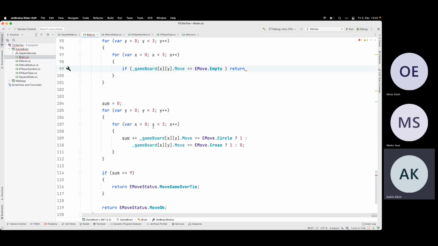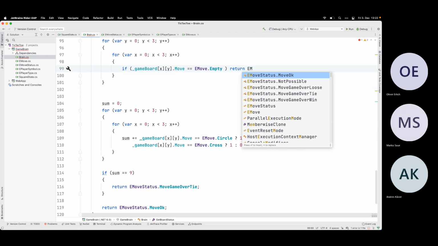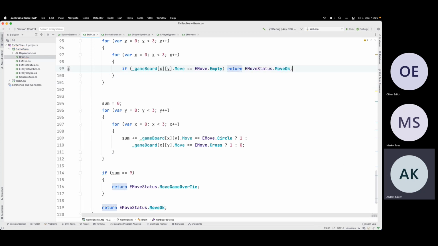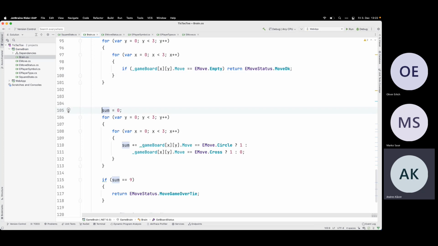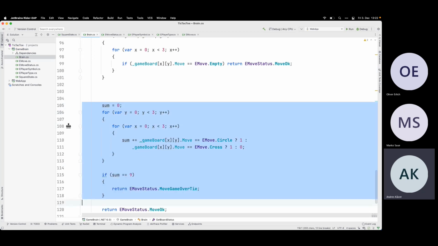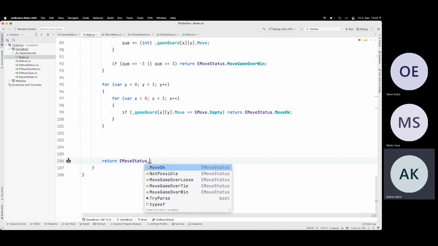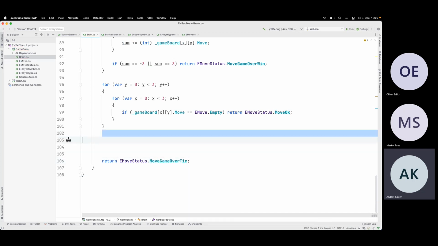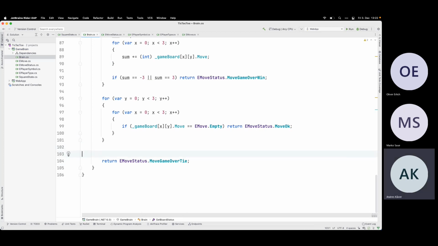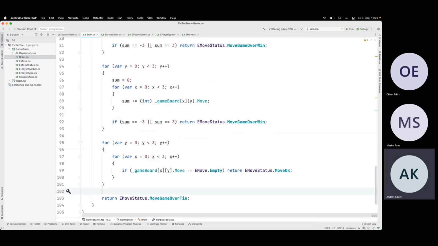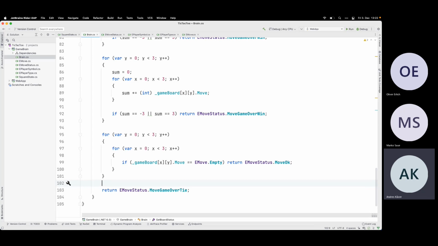That's easier way how to do it. And the other way, this means that I can get rid of that one. And this one means that move over game over tie. So that's a better way how to control it.